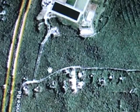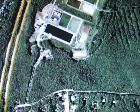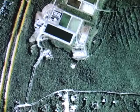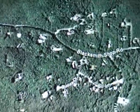And as we follow it up, the entrance to the sewer treatment plant and the dog pound. All right, dog pound's right in here. Both of these have municipal boxes on them. As we run down Blacksmith Shop Road, this here is all conservation land, as we do have some houses here on this side. As we go down,